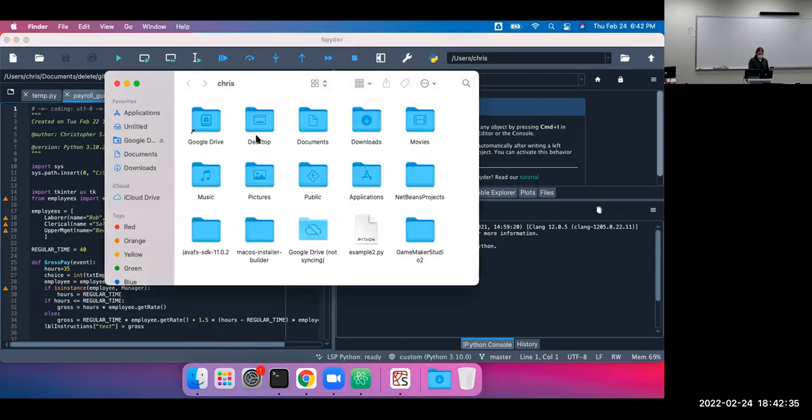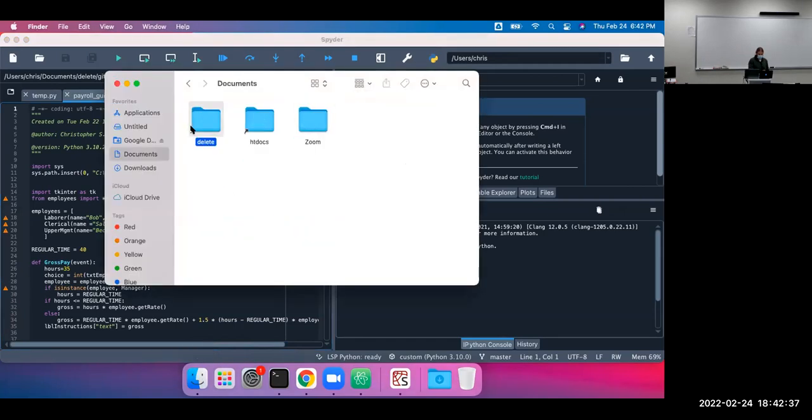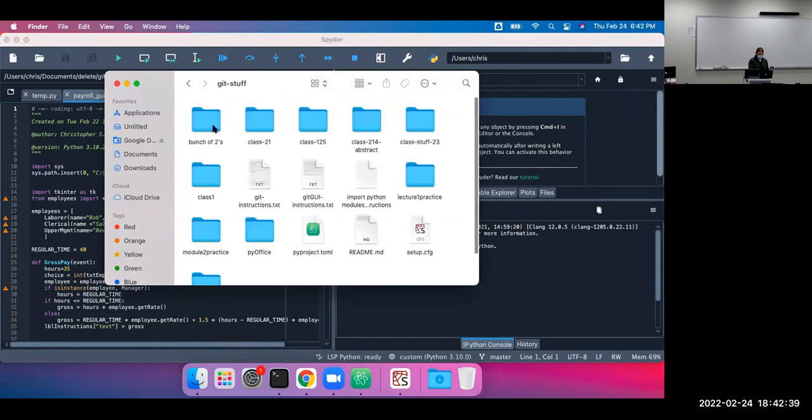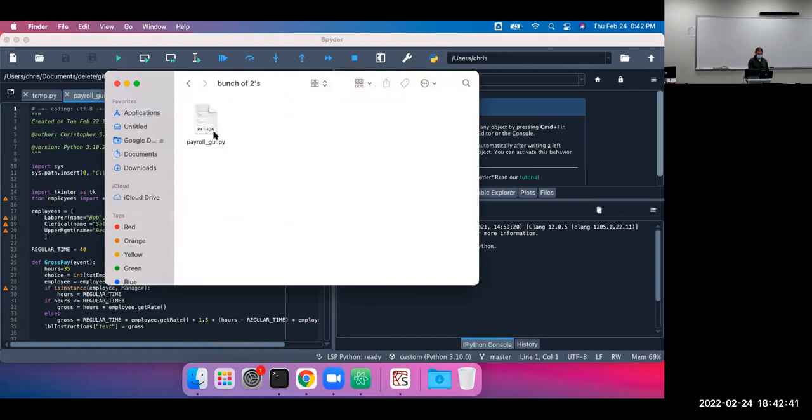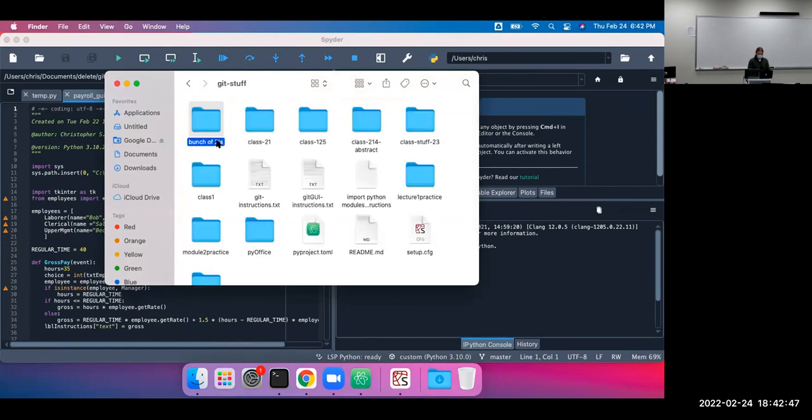but open up Finder here and go in this folder. So here's the other day's thing. If I hit command up, if I go up a level, right over here is the folder init. And that's the same way it was when we wrote that code on the other machine.